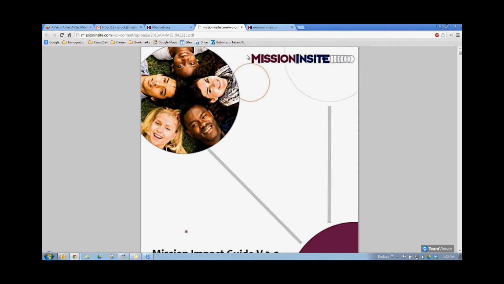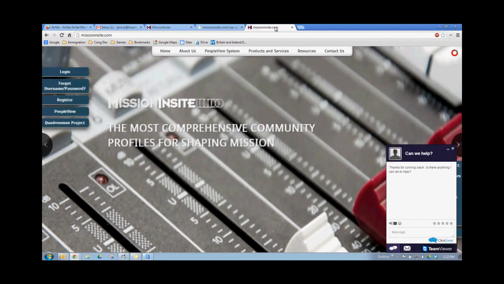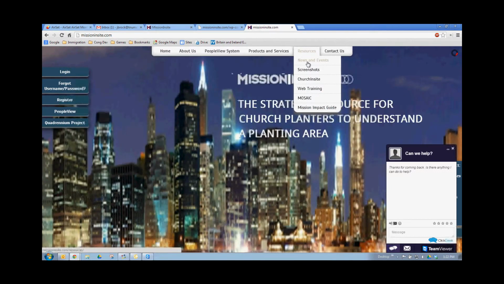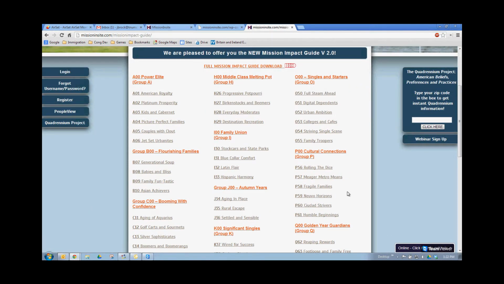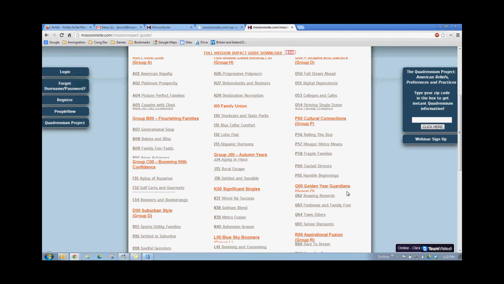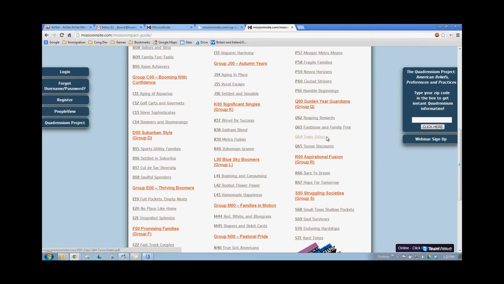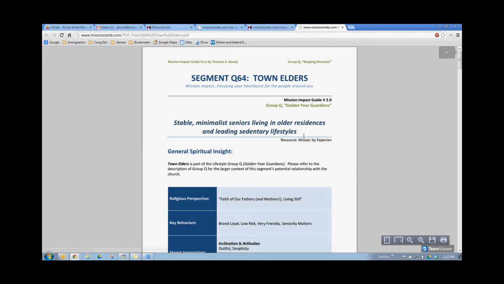Another quicker way to do that is to just go to their website, where you can take a look at that guide here under Resources, and you just go straight to Mission Impact Guide, to download and take a look at that one particular segment. It's town elders, and we're going to left click on that and bring up this report. And so what Tom Bandy has done is to just provide some general information about this particular segment,